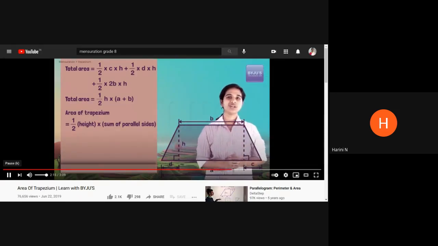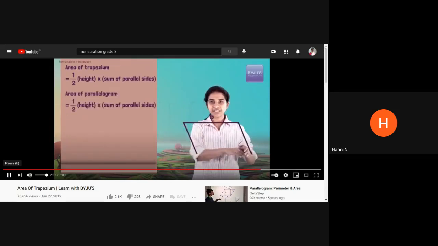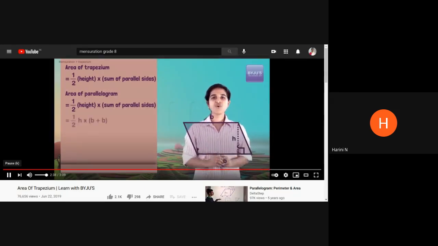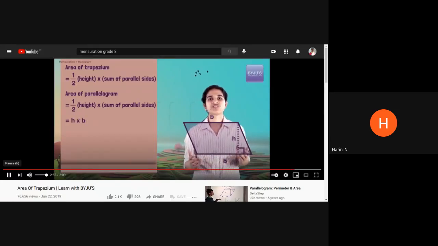If you think about it now, that is actually what even the area of a parallelogram is. Can you calculate the area of a parallelogram using this formula? Half H into sum of parallel sides? You actually can, right? What would change in a parallelogram? If instead of being a trapezium, this was a parallelogram, what would change? This will be B, this will also be B, correct? Both will be equal. Height is H. So now do half H into sum of parallel sides. Half into height into B plus B, which is nothing but half height into 2B. 2 and 2 get cancelled. B into H, which is the formula for the area of a parallelogram.